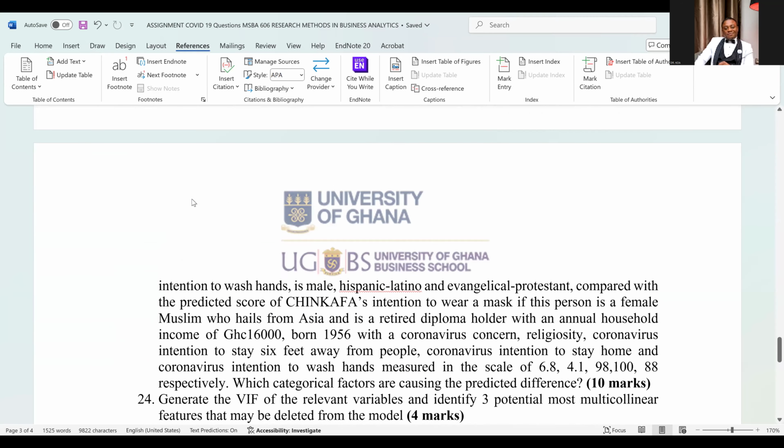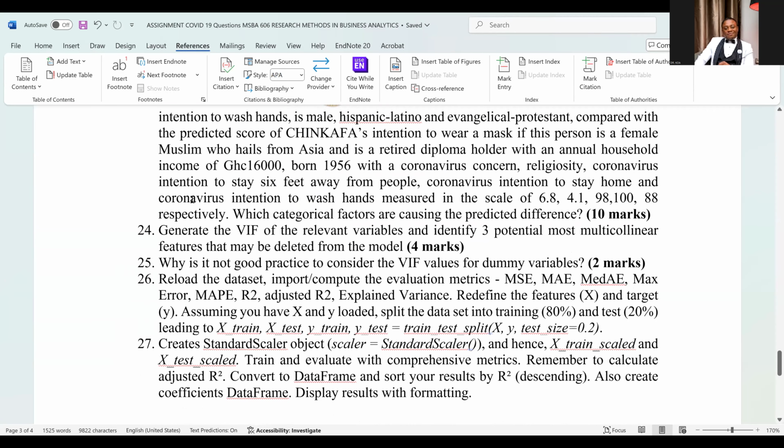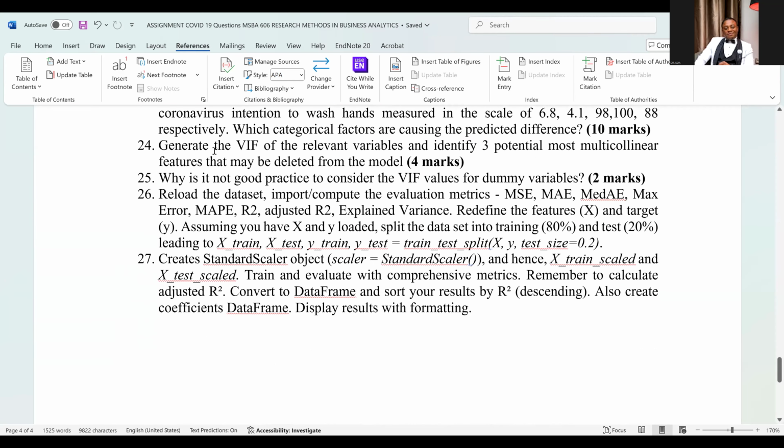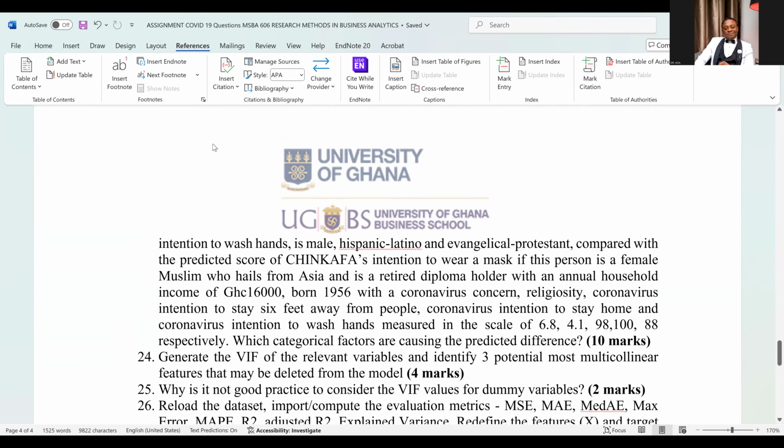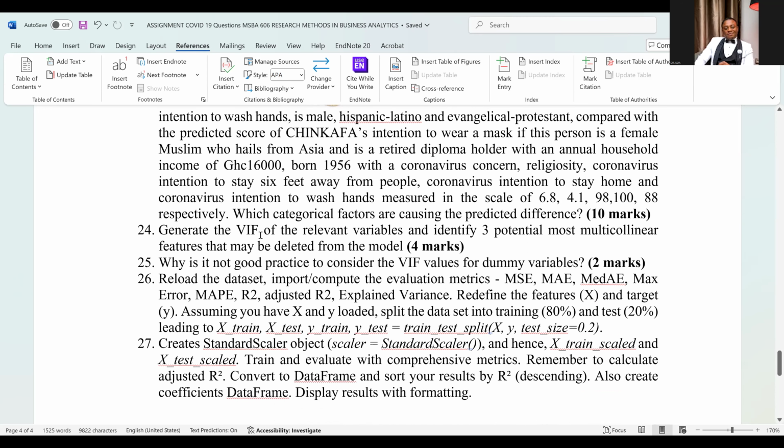And like I said, I haven't completed. You have about 30 questions to address. That's it. So whatever we are doing today will help you to address this assignment. And whatever you go through with the assignment should help you to also handle your exams.